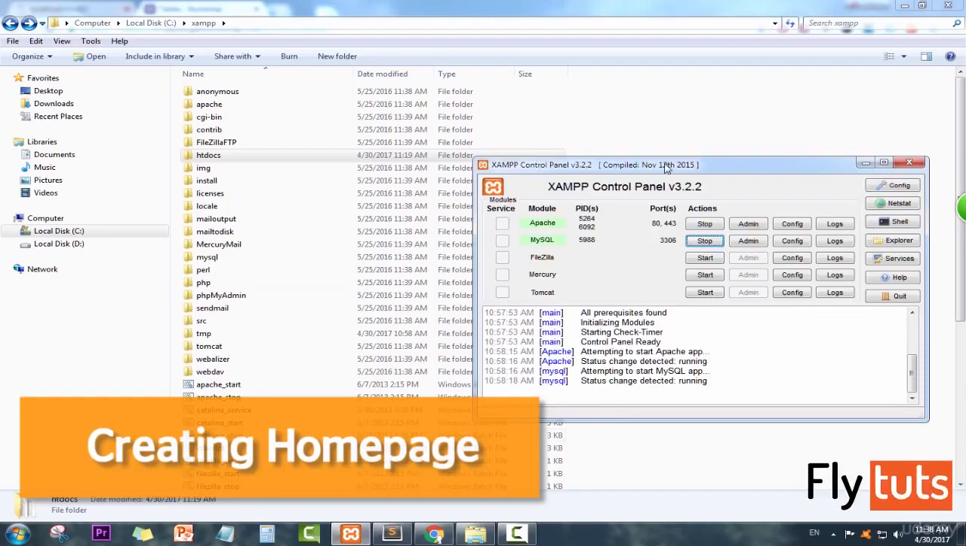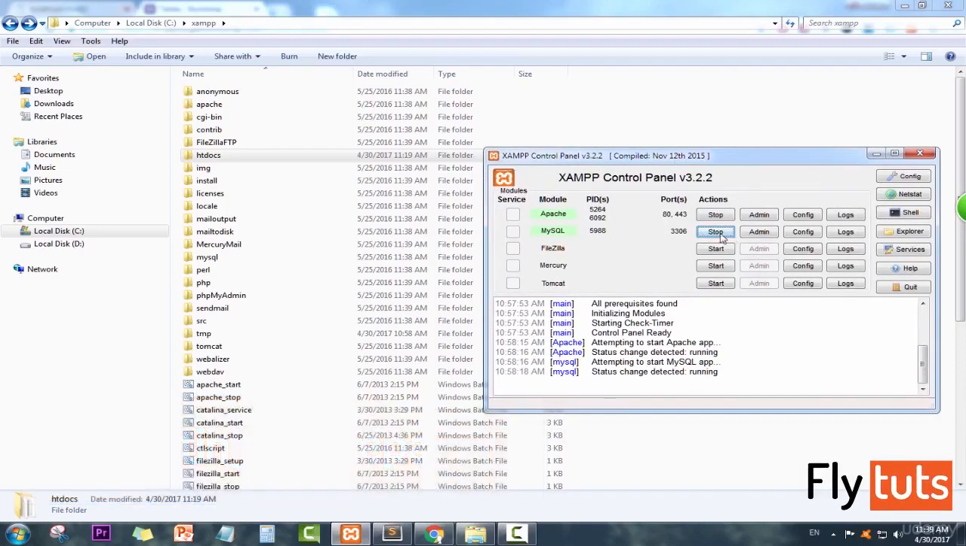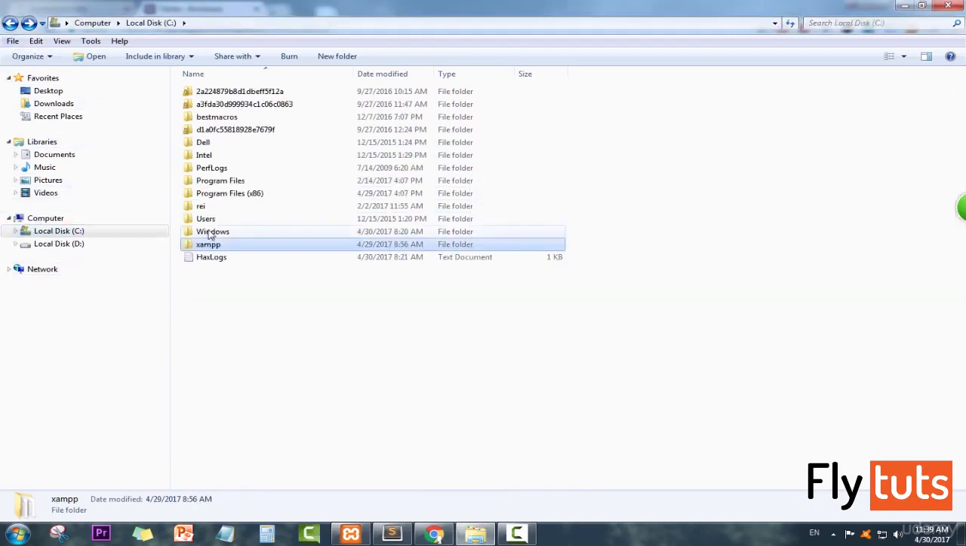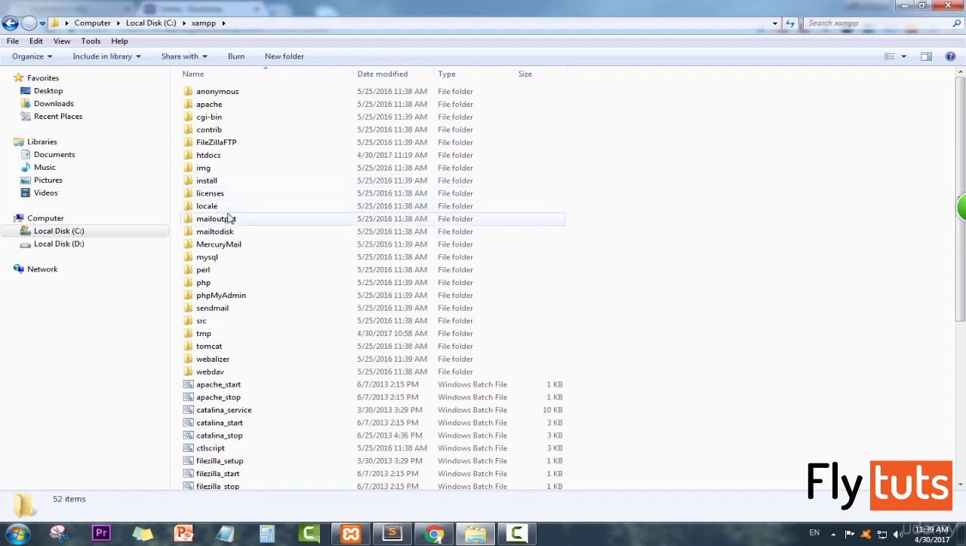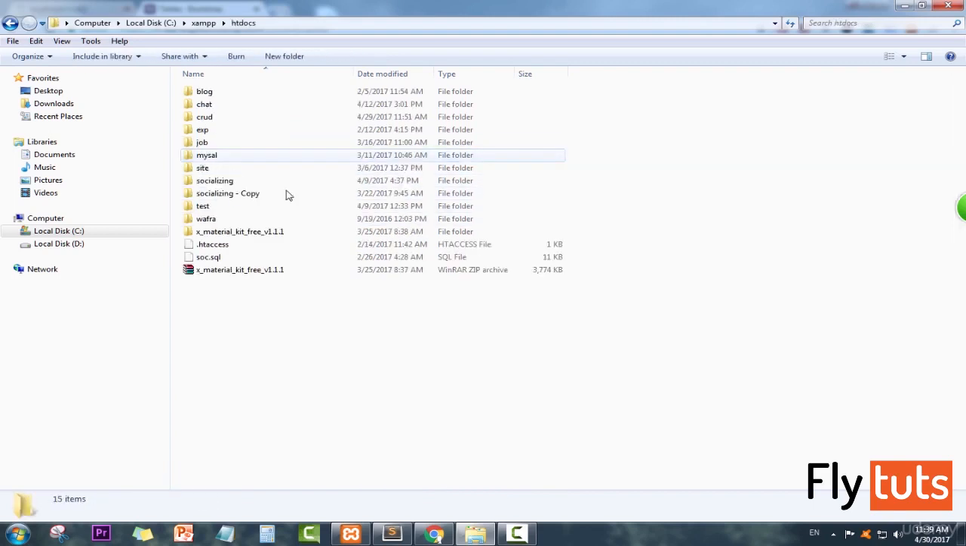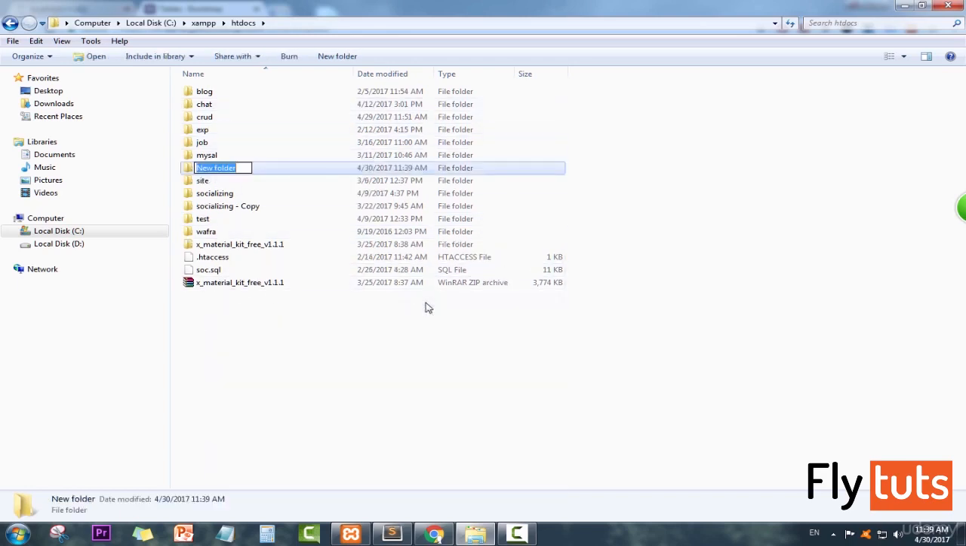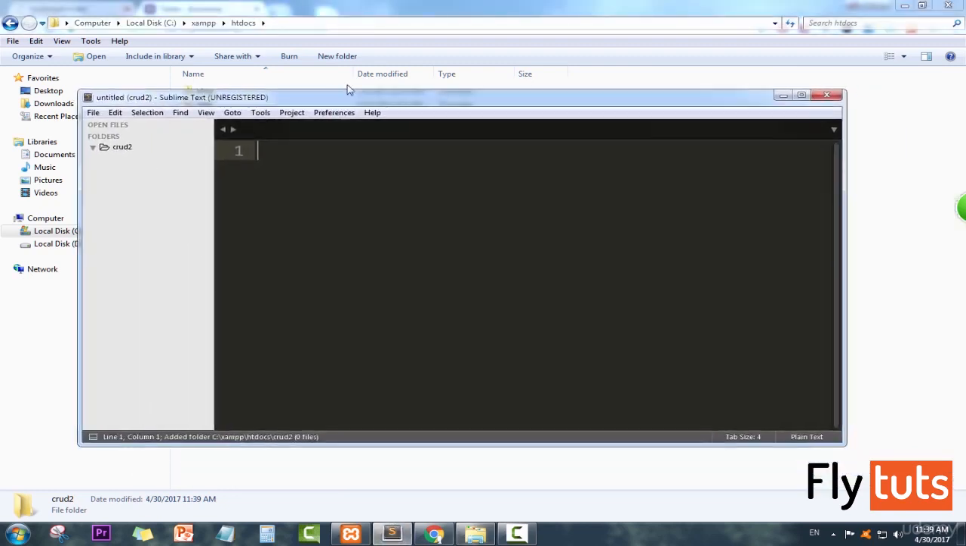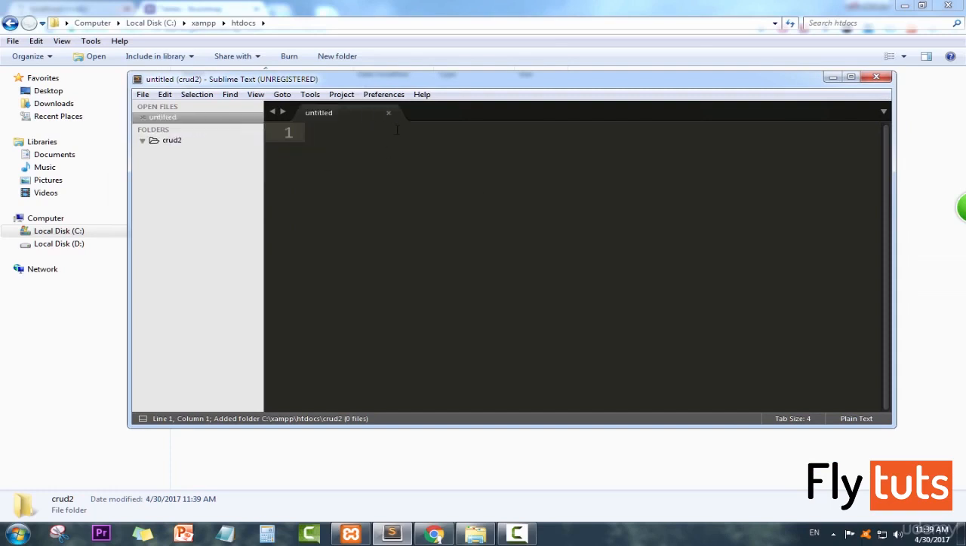Welcome. When you install your XAMPP software, you're going to get a folder also in your C directory called XAMPP. Open this folder and open htdocs here, where you're going to develop all your applications. We're going to create a new folder called CRUD2 because I already have one here, and open your Sublime Text and drag and drop your folder. Now create a new file, Control N, save